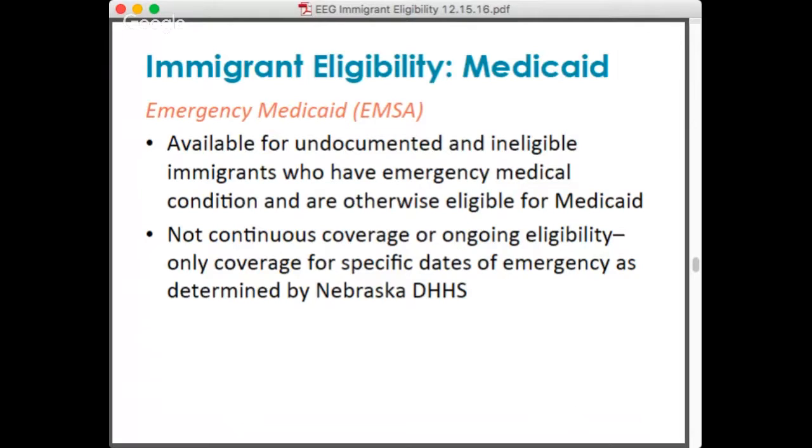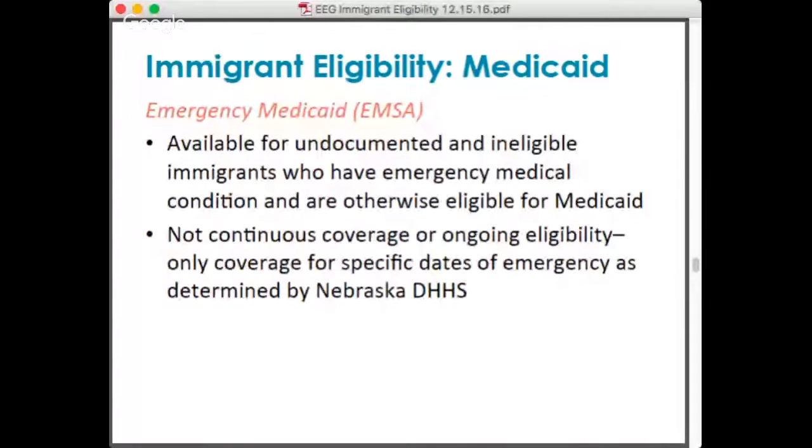Serena mentioned with 599 CHIP, just as a reminder, it's not a qualified health plan because it doesn't cover all care. It's only coverage for conditions that impact or affect the pregnancy, and that's right. So it's not the full scope care that a person might get in other Medicaid circumstances. It's only that prenatal care and coverage impacting the pregnancy that you can receive. Very similar to what we'll see with emergency Medicaid. Emergency Medicaid is not full scope Medicaid coverage